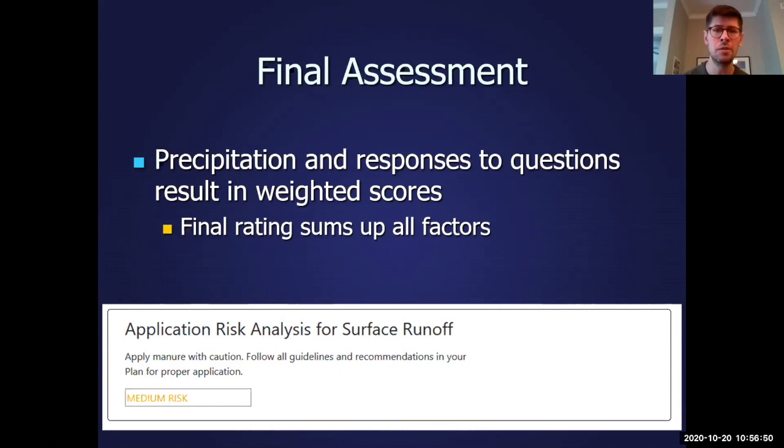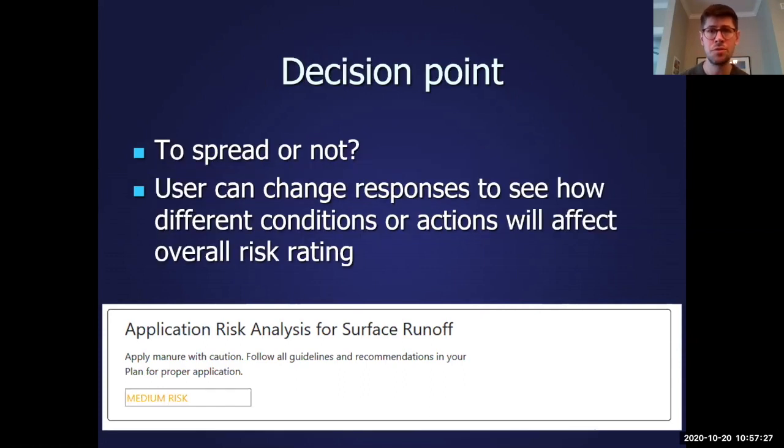And so that's what we're trying to really drive at here, is that the tool can, aside from just ensure that if you are going to go out and spread, that you actually keep those nutrients on the field and get good use out of that, because that's driving at the bottom line of keeping the nutrient sources where they need to be, and ensuring that overall there isn't loss to the environment. And so if you're able to document that within your farm records, it can help show that you've taken care to ensure that the nutrients stayed where they should. And so that's essentially the process that someone goes through on ARM.